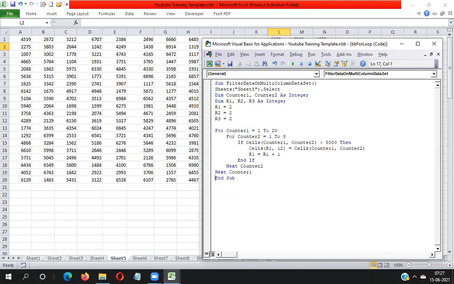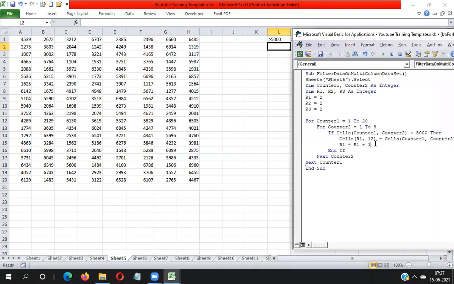So let's see, running this code. You can see here my first value is not falling here, so it will skip to End If. The second value is also not more than 5,000.